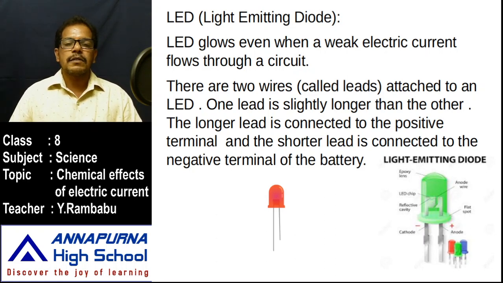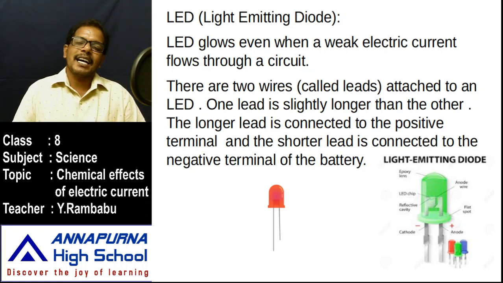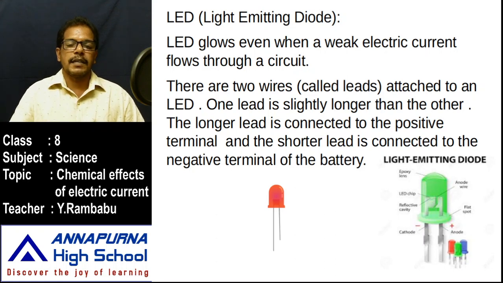Does the bulb glow in the case of a weak current? No, it does not. Then how can you decide whether current flows through the electric circuit or not? Observe one thing: even if the liquid conducts electricity, the bulb doesn't glow. Why? Actually, the conductivity of solids is high compared to the conductivity of liquids. If a weak current flows through a liquid, the bulb doesn't glow, because due to the heating effect, more electrical energy is needed.